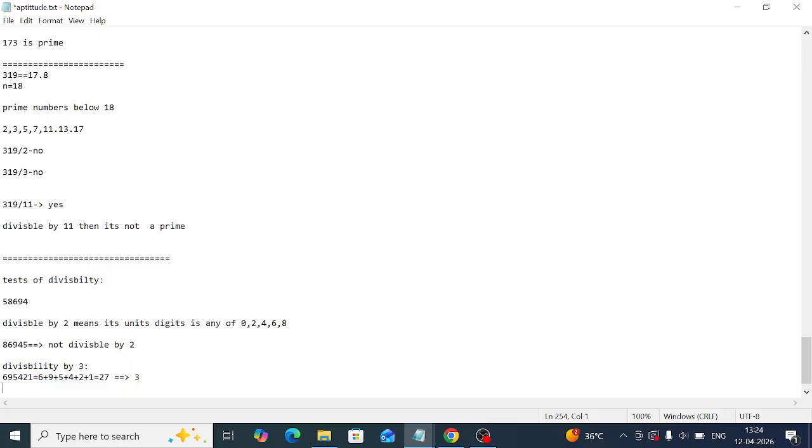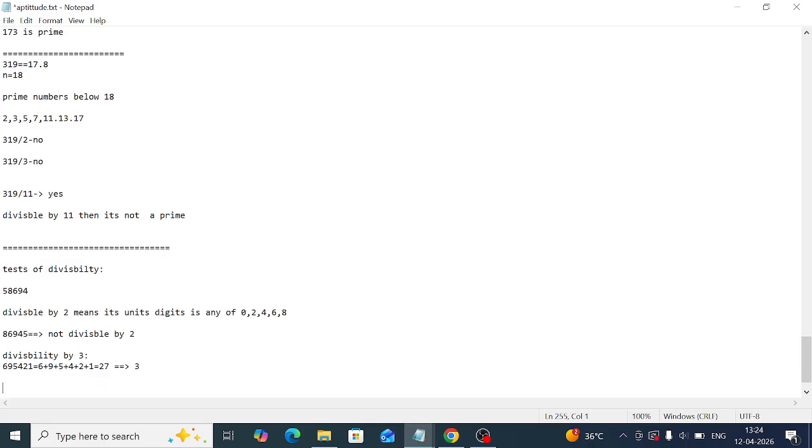27 I am getting. Whether it is divisible by 3 or not, we can check. If it is divisible by 3, then it is divisible, otherwise it's not divisible by 3. Like that. Next, divisibility by